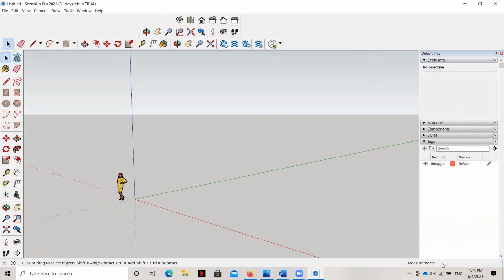You can see here there's a measuring command line that's going to allow us to type in direct measurements. And then down here we've also got a command line that's going to give you instructions once you hit buttons. So for example, if I hit the move command here, immediately down here it's going to tell me how to start to execute that command. But once you've got your interface set up and your toolbars arranged in a way that you like, then you're ready to draw.